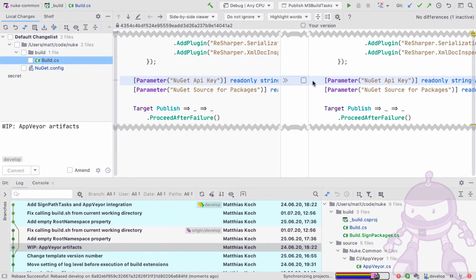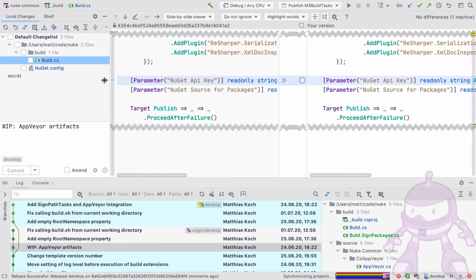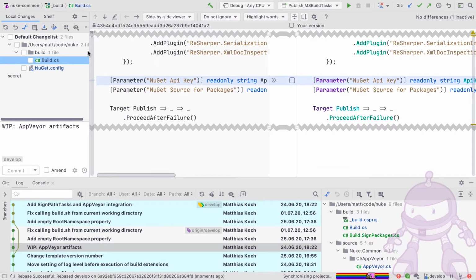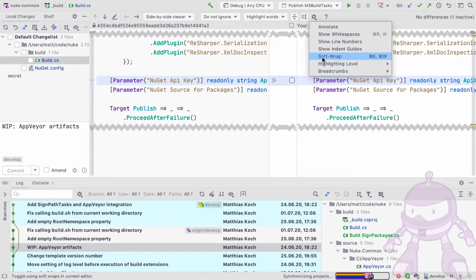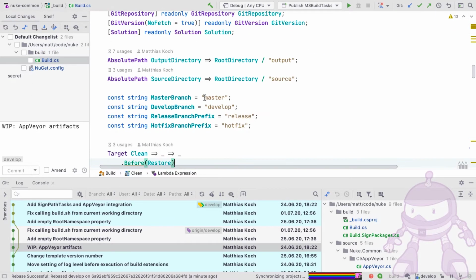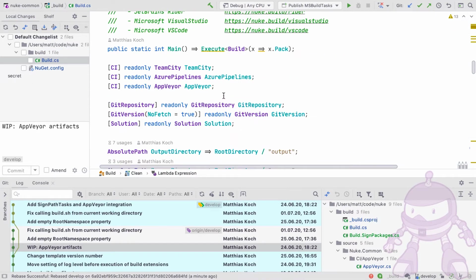One more thing I want to show you is working with change lists. And this is indeed a very cool feature, and it's funny that a user was telling me about how they are using the change list features. And I just want to show you here in this document. Let's go to the document. We have